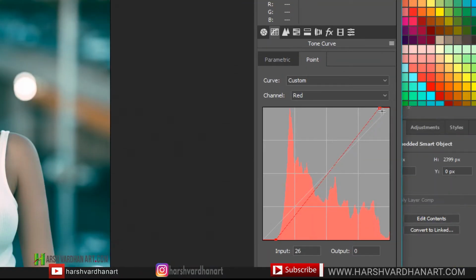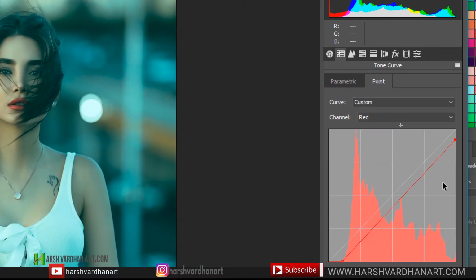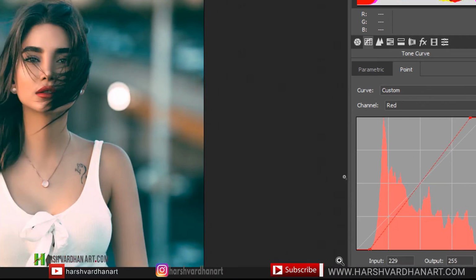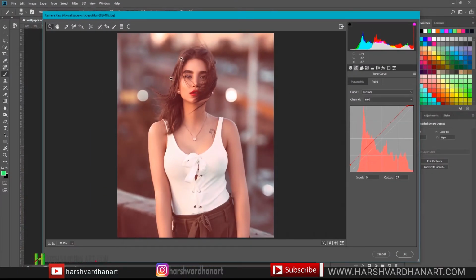And similarly for the highlights, if I click and drag it down, it's going to take away the red from the highlighted area. But we are not going to do this because we want to add the red color in the highlight. So I'll just click and drag it to something like this, and then from the shadows as well, click and drag it to something like this. So you can see it clearly. Let me just resize it, and then we will go for the green channel,